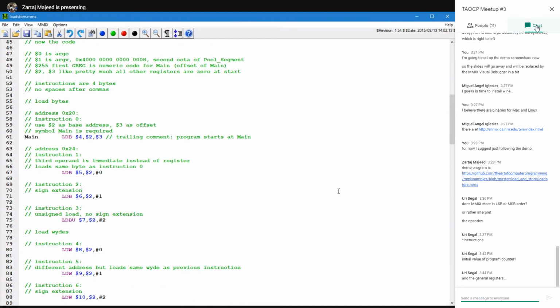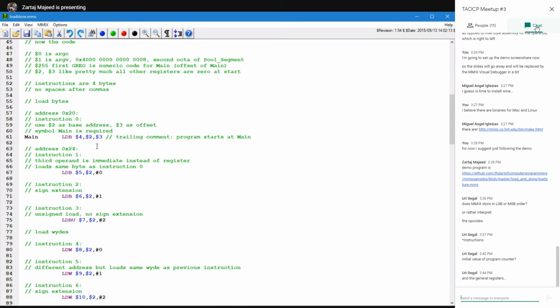All right, so this is the general form of an MMIX instruction. You've got the opcode, and so Yuri's got a question. I'll come back to that in just a second. Then you've got the three operands, right? The three operands are these registers. And if you remember, registers are referenced using $. And so